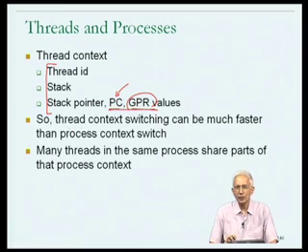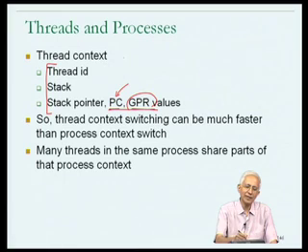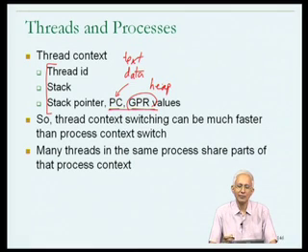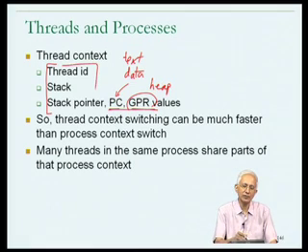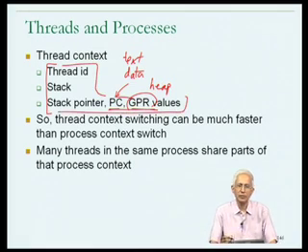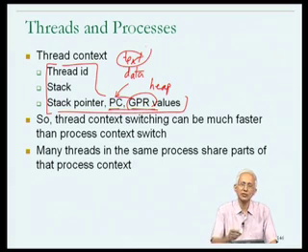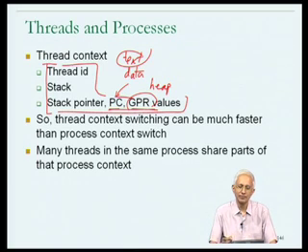Now, the perspective that we could have is that we could have a problem in that we have to understand where the text, data, and heap associated with the thread are going to come from. It's well and good to say that the thread context includes only these things, but if a thread is an active entity which could run on a processor, then it must have instructions associated with it. And I haven't mentioned anything about its text or its data or its heap, which is why the next point is reassuring. The picture we should have in mind is that there could be many threads which are all part